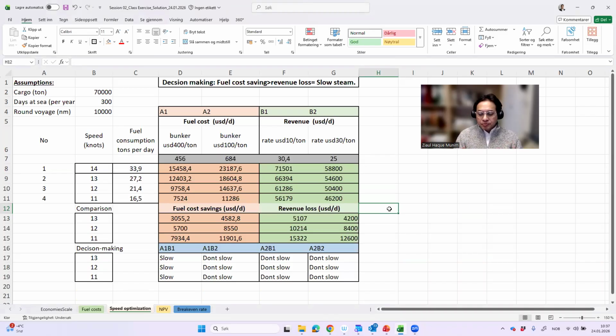If you have forecasted values of the freight rates and the bunker prices, you can negotiate better with the speed of the vessel and so on. So this is how we can make decisions considering freight rates and bunker price when we are thinking about speed